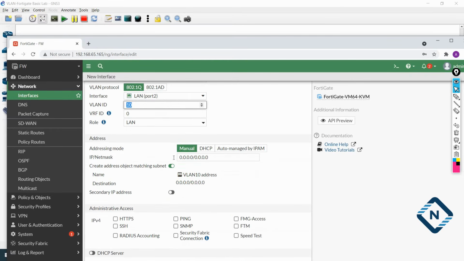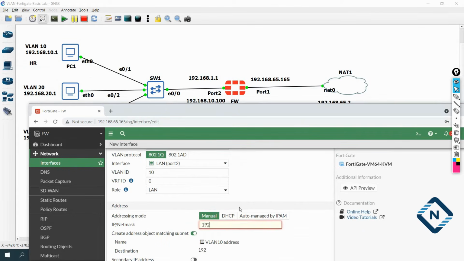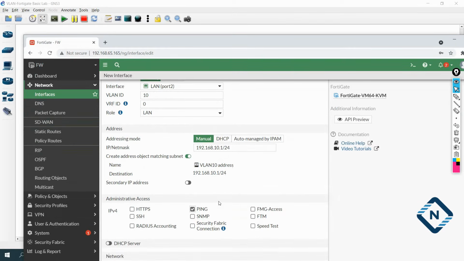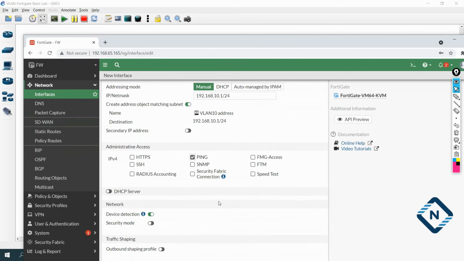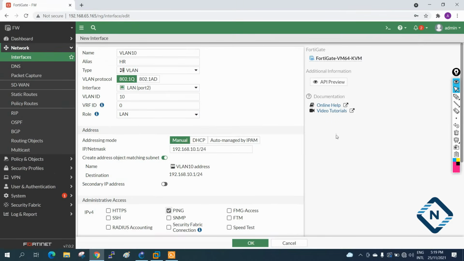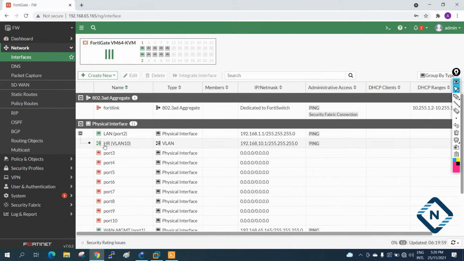After that, what IP do we need to give here? If you see what IP we planned, this one, 192.168.10.1/24. I am writing this IP. And what do you need to allow here? Let's allow ping so we can test. Whatever you want to allow, you can allow, no issue, but for testing purposes I will select this. Okay, so this is good. Let me make it big and press OK. So this is done. If you want to check, click this one. You have one here, a sub interface inside this main interface. So this is the main interface IP, this is the sub interface IP.